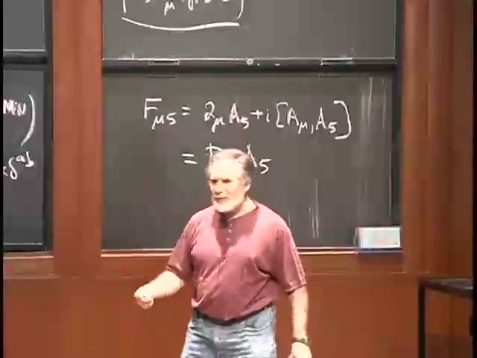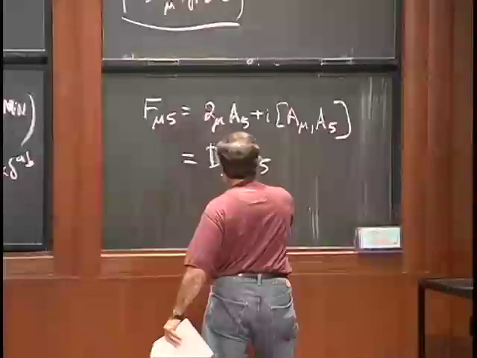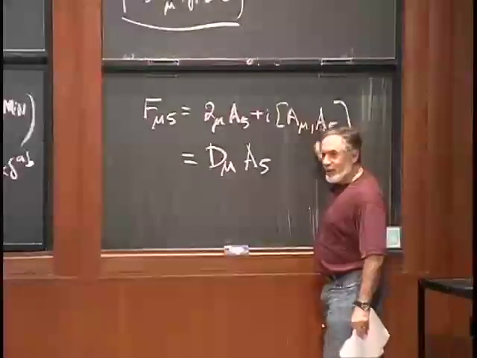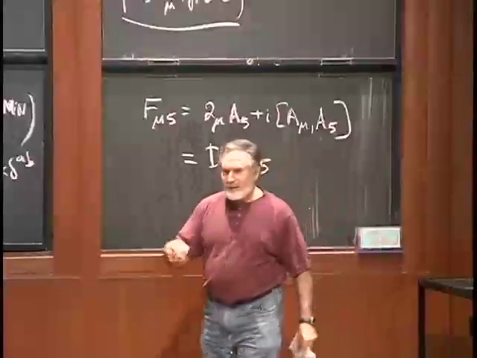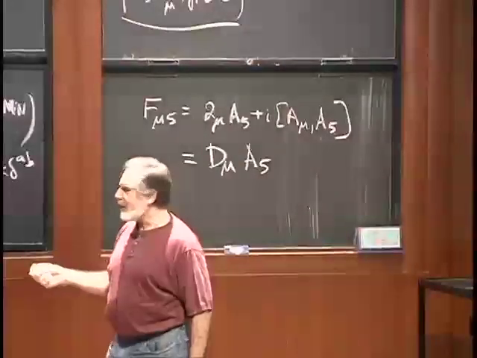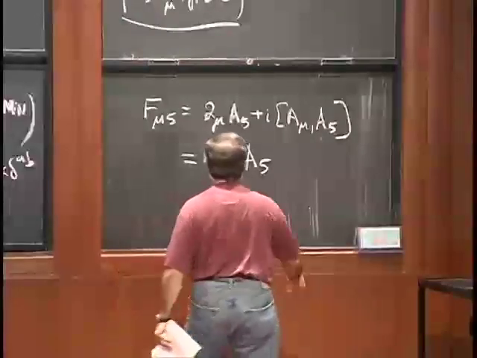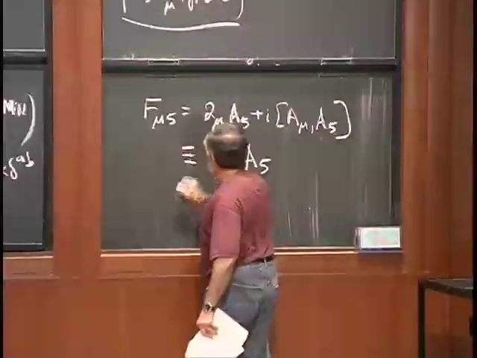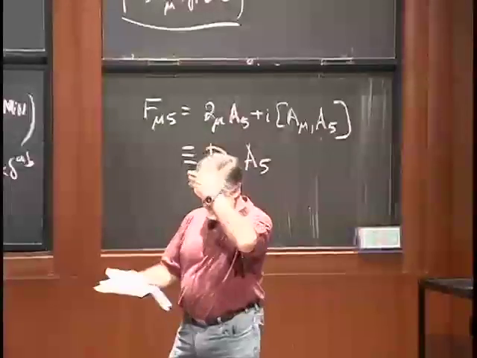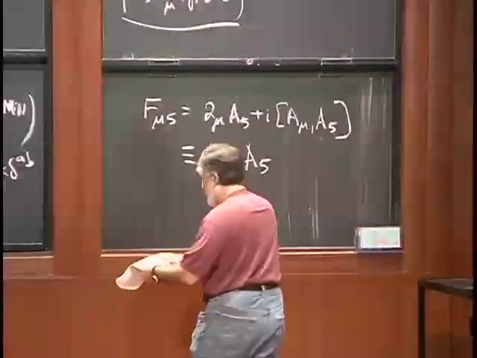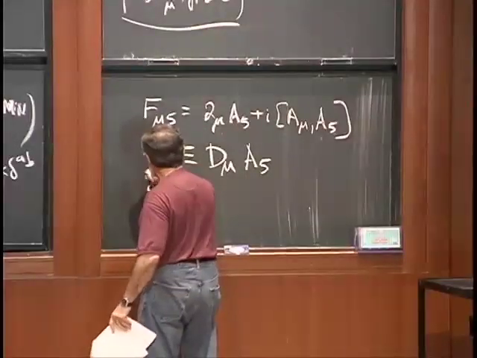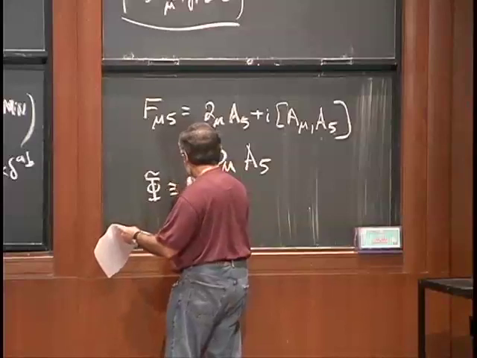What's the covariant derivative of an adjoint field? Under any gauge symmetry, it can be written like this, where the commutator is a representation of the matrices of how this adjoint field transforms under the SO3. So this is an identity. Any questions? Clear? Good. Okay, in this limit, we can define a new field phi tilde to be equal to A5